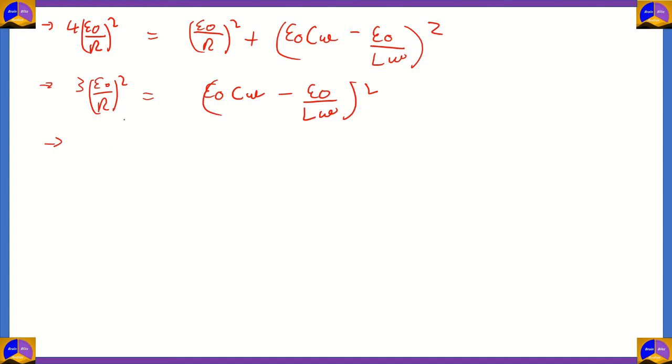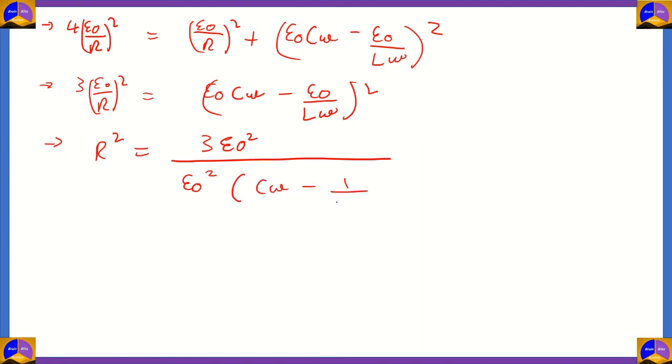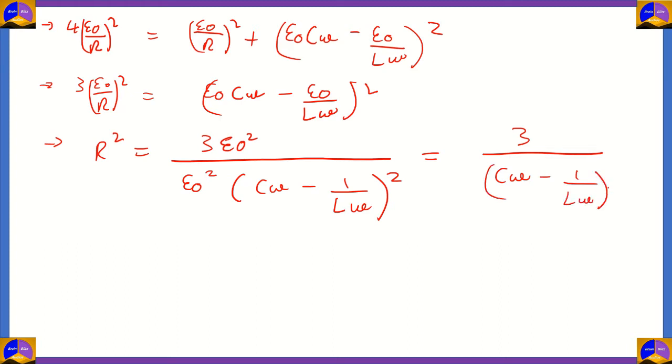So therefore, when you take R to the right hand side and whatever is in the right hand side to the left hand side, you get R square equals 3 epsilon naught squared divided by, we take epsilon naught squared common here, epsilon naught squared times (C omega minus 1 by L omega) the whole squared. So therefore the value of R squared becomes 3 divided by (C omega minus 1 by L omega) the whole squared. So when you take the square root on both sides, you get R equals root of 3 divided by